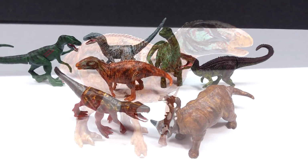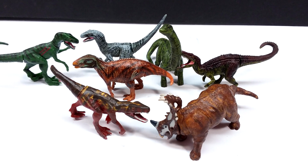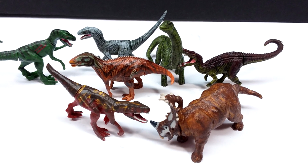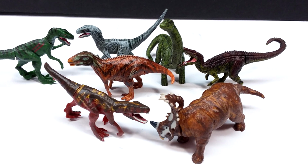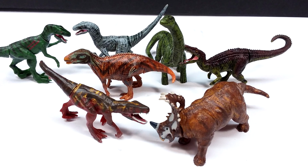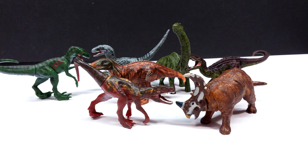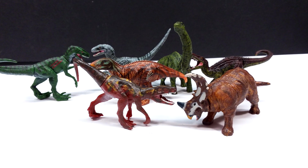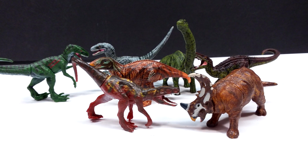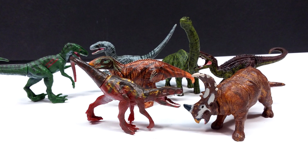So all of these figures, in my opinion, are really cool, and definitely some more awesome Captivz that are going to be pretty hard to find in the future. So if you are interested in these, again, make sure you head to your local Five Below as soon as possible to pick these up before they transition to the Dominion figures, or even back to Clash Edition Wave 1, because in my local Targets, they had the first Clash Edition hidden behind these ones. So once these sell out, then they go back to the original Clash Edition, and you don't want to miss out on these. So make sure you check your local Five Below, pick some of these up if you can,